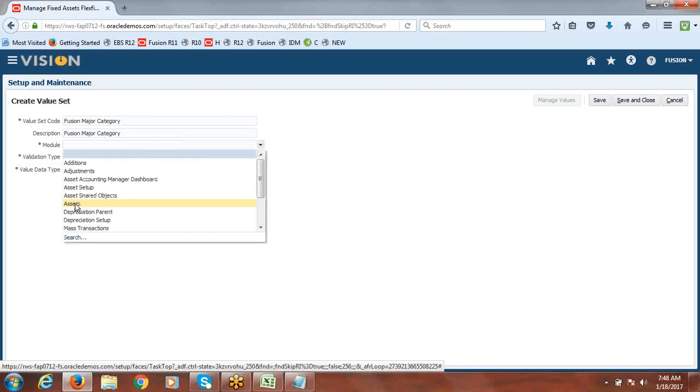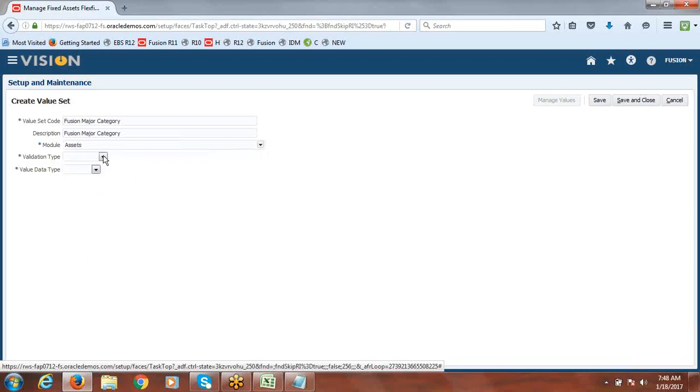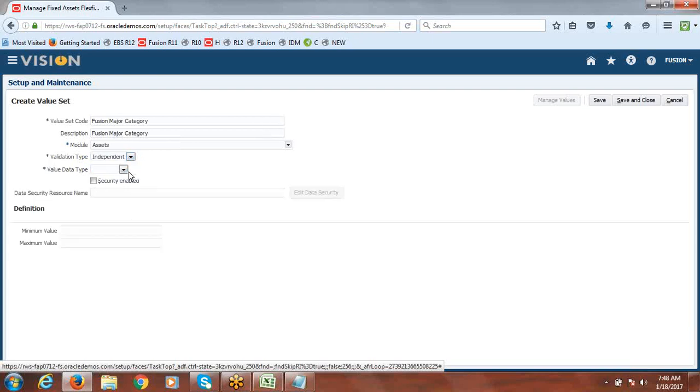You can select the module as assets, validation type independent, value type character, subtype text, and length I'll say 30. Save and close.